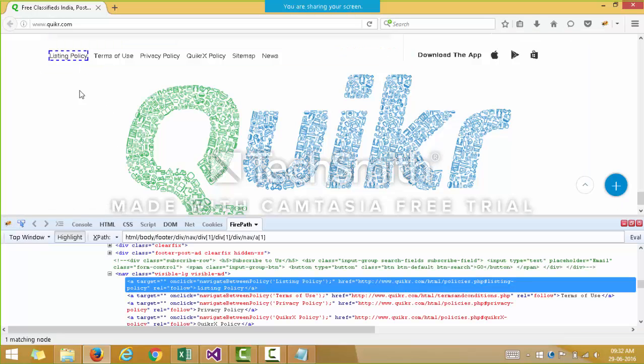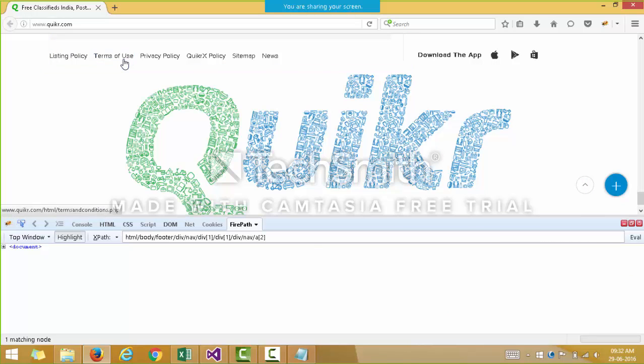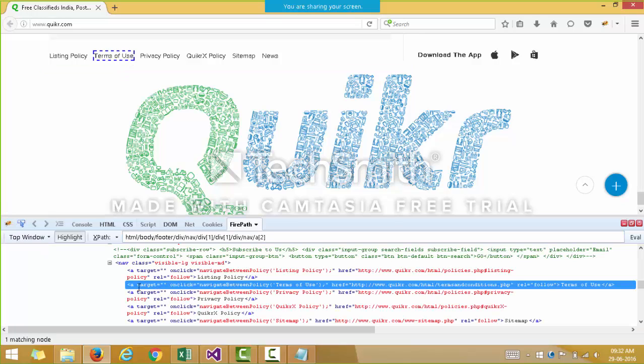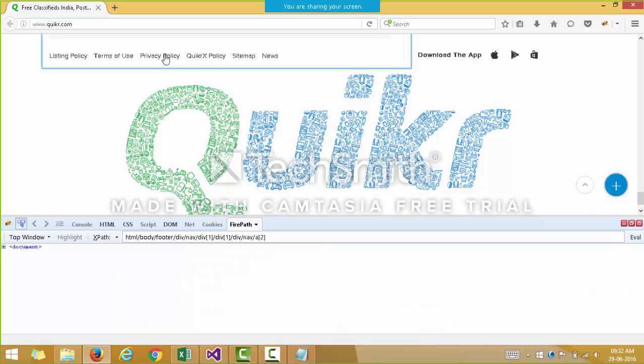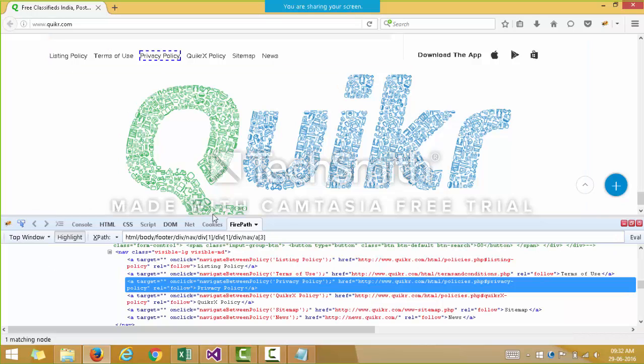So over here you see the listing policies XPath. As you can see, it is just an anchor tag whose properties have been given as target, onclick and the href. And if we look into another element inside the footer, it is also an anchor tag, and we cannot find any common property in all these links. If you look into the privacy policy as well, there's nothing common among all these links. So how will you extract these links?